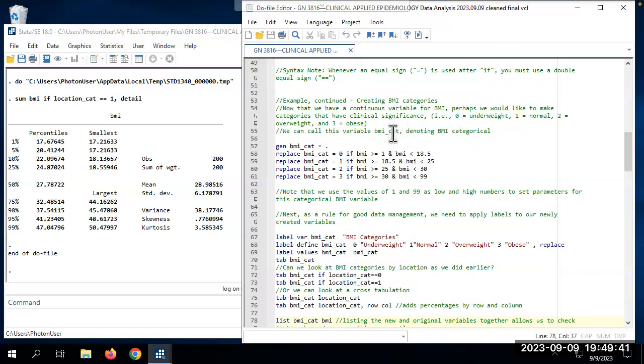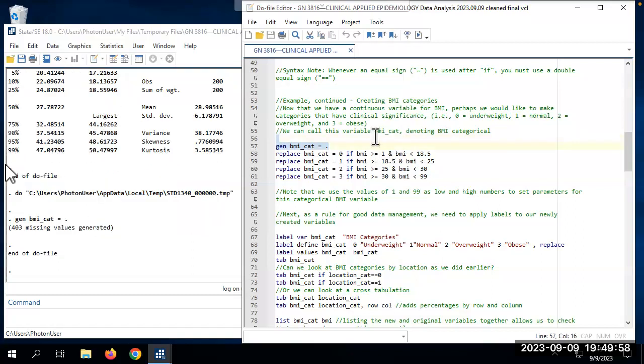Okay, and we'll call this variable BMI under cat, denoting BMI categorical. So the first step when you always create a variable, you say gen or generate, and then your new name, which is BMI under cat, and then we say equals dot. Let's highlight that and say Control D. So we created 403